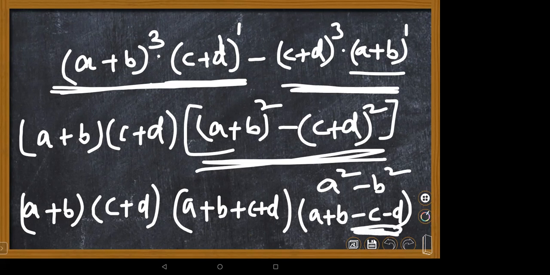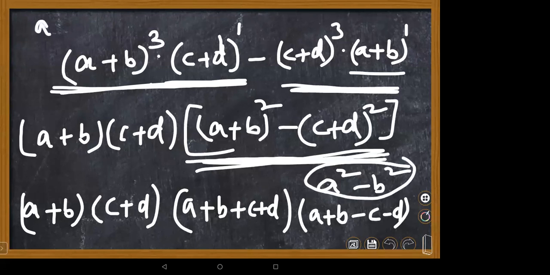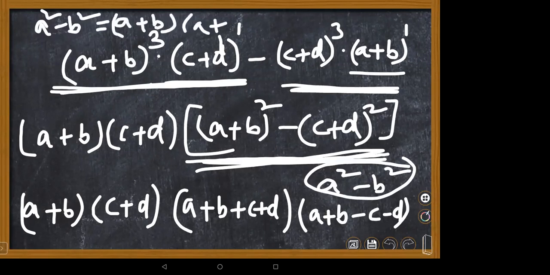Why minus happened for these 2 terms, please? Ma'am, can you explain this again, the last step? Sure. So this is (a plus b) into (a square minus b square). What is the formula, what identity? a square minus b square is (a plus b) into (a minus b). Instead of a, what do we have here? (a plus b) whole square, so we have a plus b. Instead of b, we have c plus d. So a plus b means a plus b plus c plus d, right? This is one term.